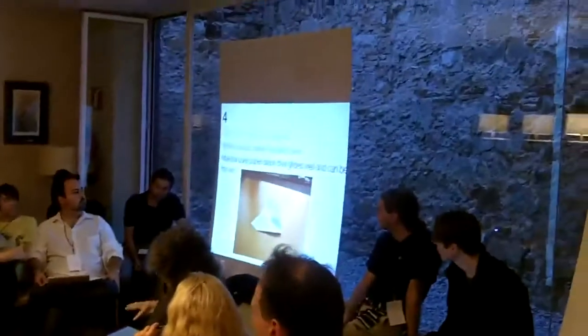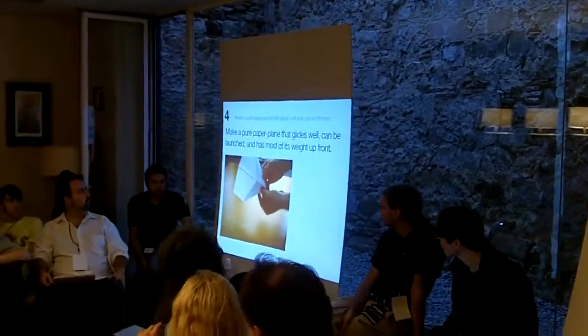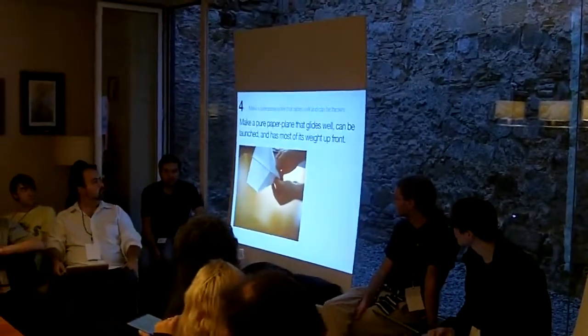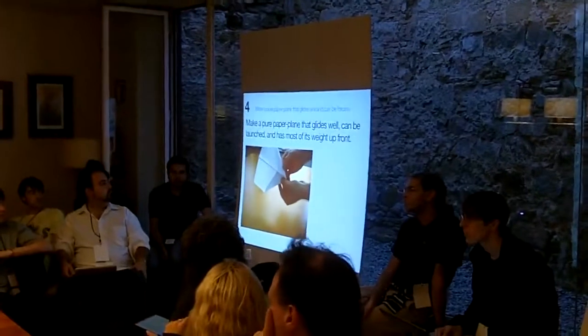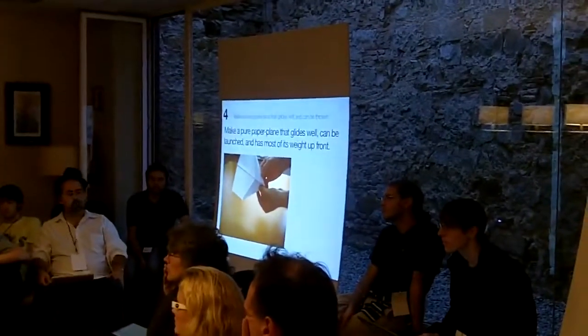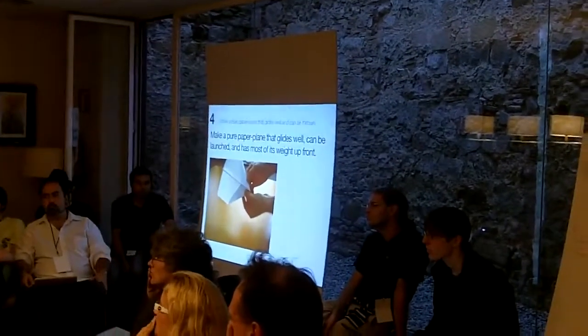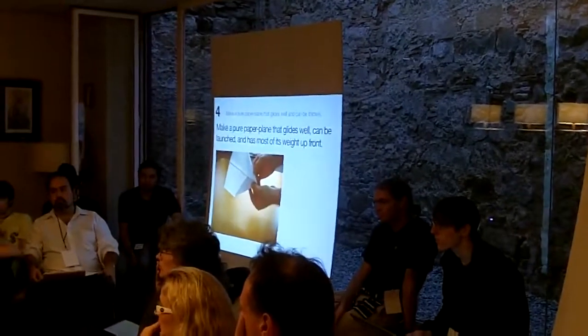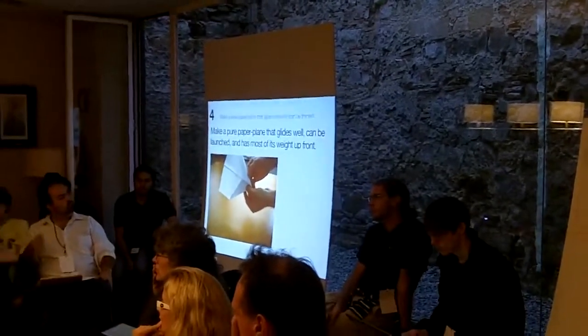So after doing that, I came up with this design. Actually, this design is well known, any grade schooler sort of knows this design, and it flies well. I was happy there for a while, but I realized it wasn't quite right yet. There's still something wrong. When you throw something, you really want its weight to be up and near the front because that gets the best trajectory. That means you generally have the best glide and more wingspan.